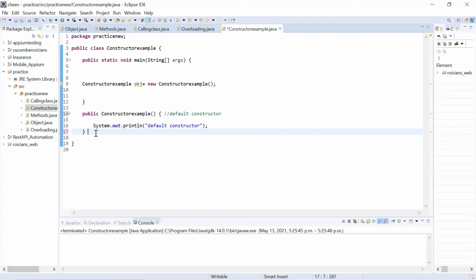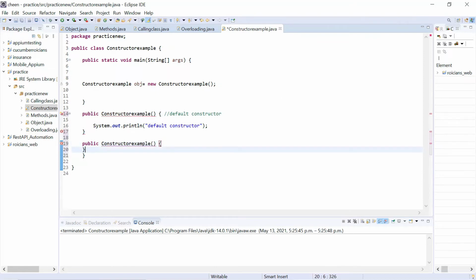So here, if I want to create another constructor, I will write public. I don't have any option for the constructor name. The constructor name must be the same as my class name. So here I will write the name of my class. Let's say I just write this now. Look at this, it starts giving me an error.